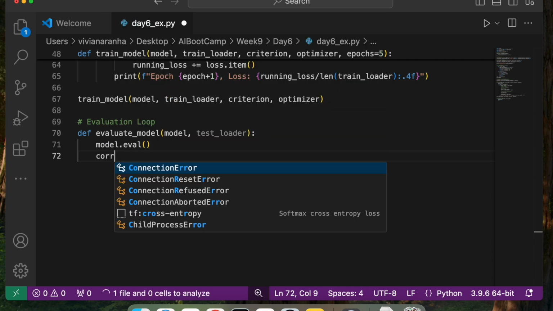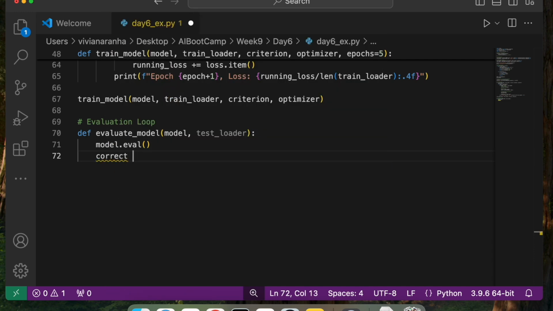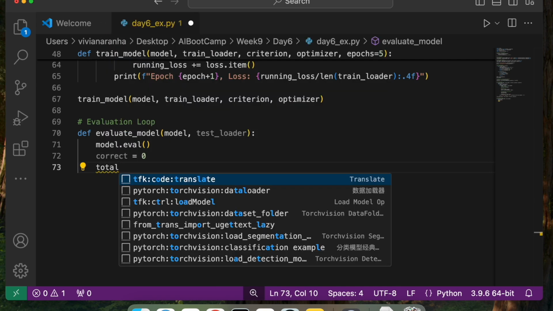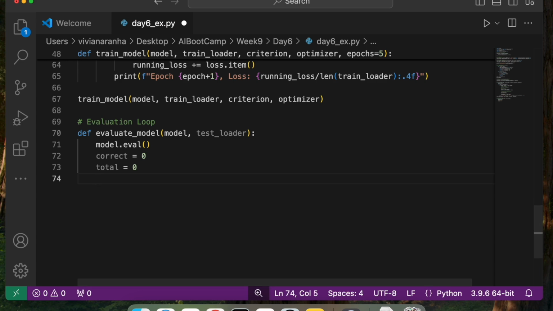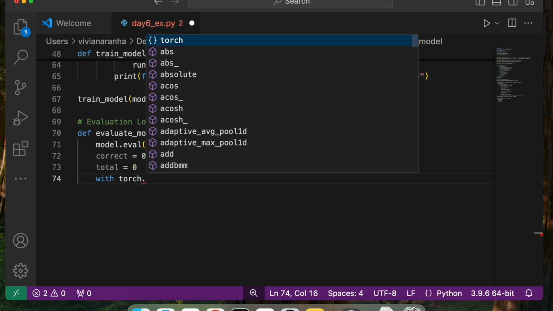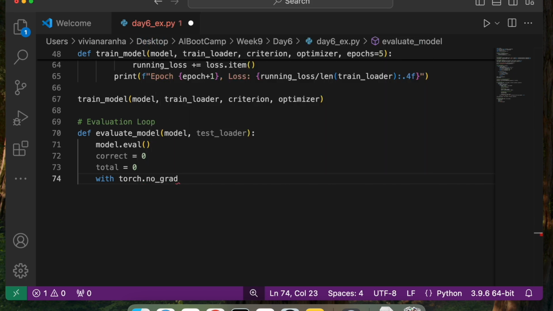Next, I'm going to create some variables, correct equal to 0 and total equal to 0. I'll tell you why these are in a second. Now with torch.no_grad(), this disables gradient computation for efficiency.